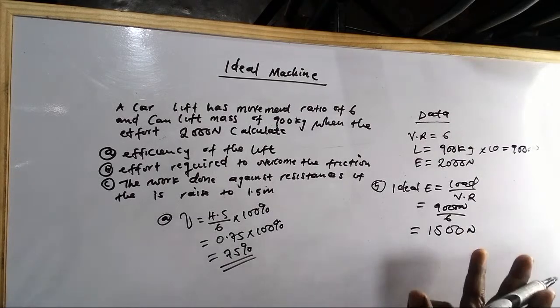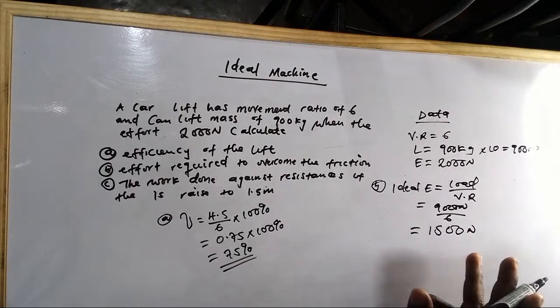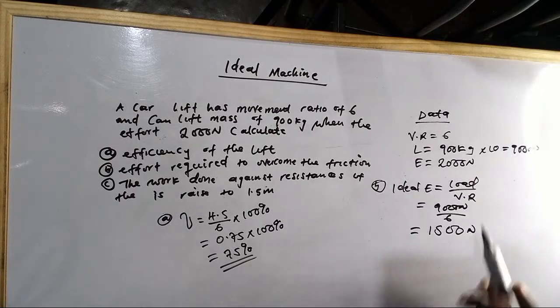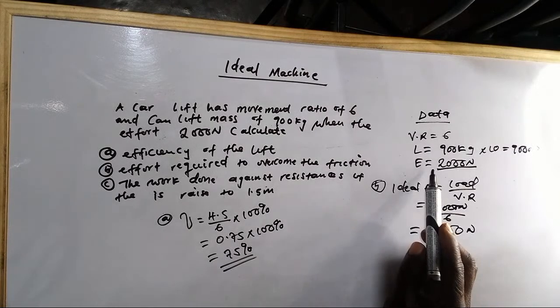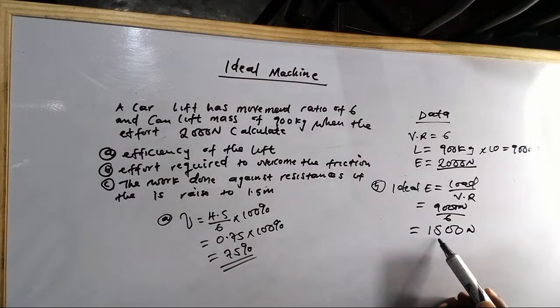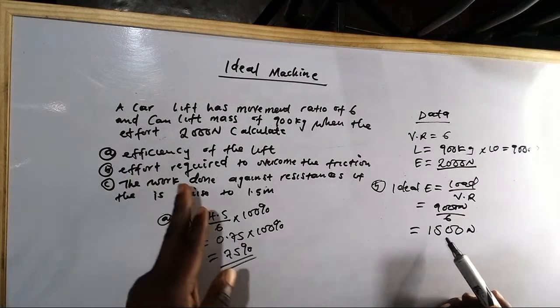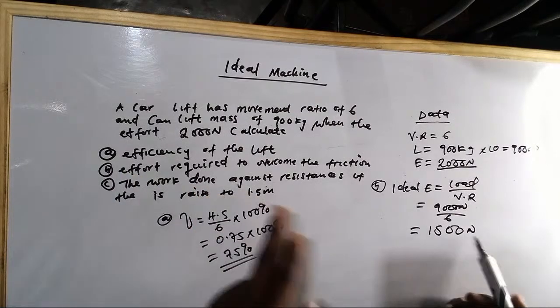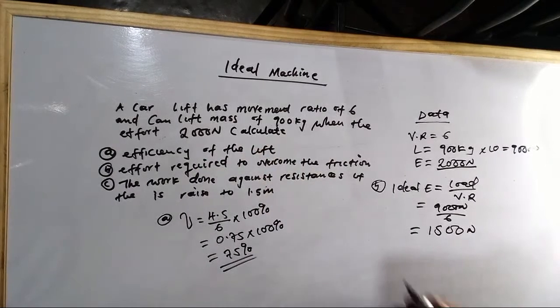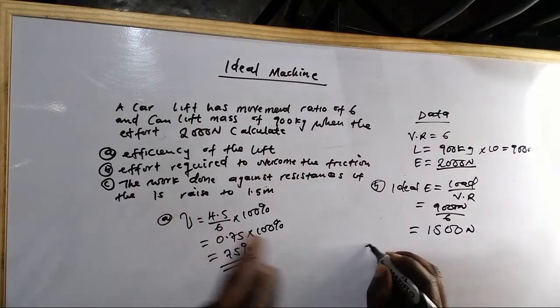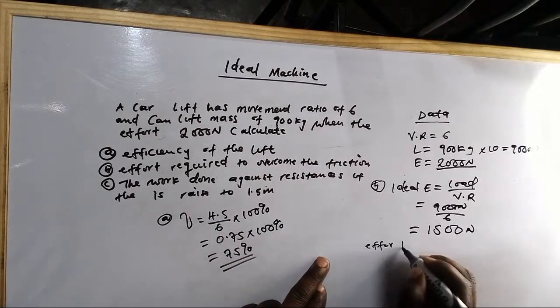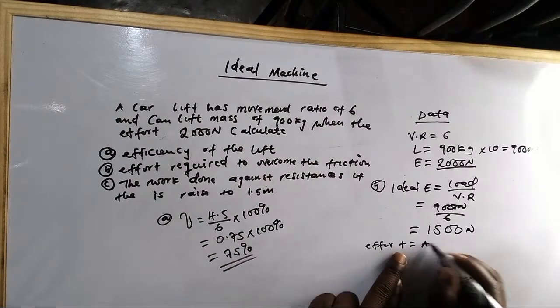This is just the ideal effort. Then the actual effort which we have is this one here. So we have to subtract: actual effort minus this one. That's when you can find the effort required to overcome the friction. So we are going to say effort required should be equal to actual